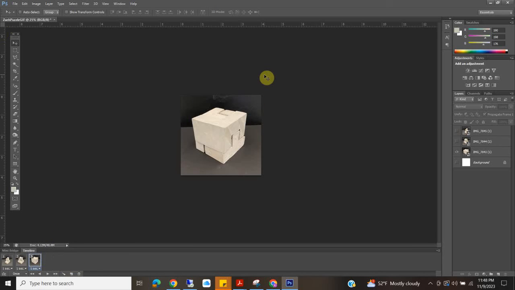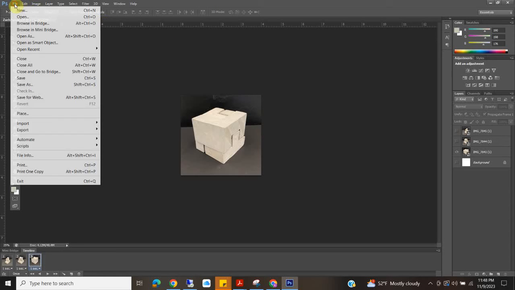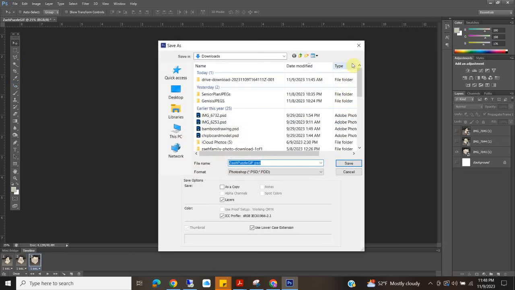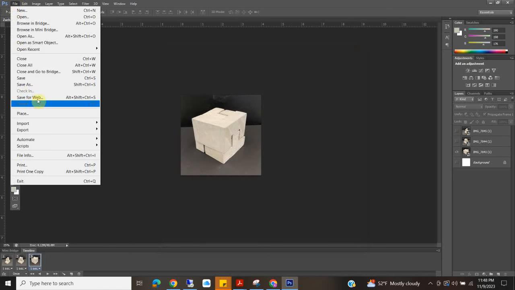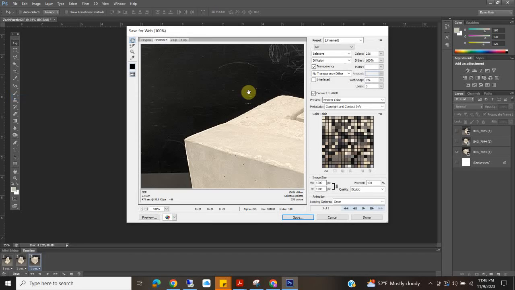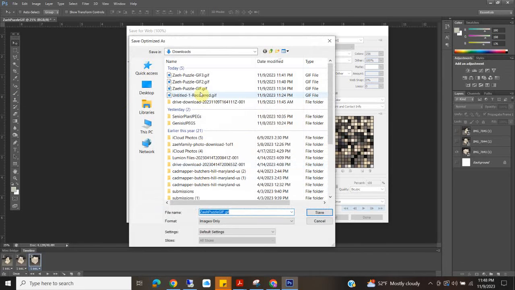And then so for making a GIF, that is it for now. That's very simple. So then all I do is go to File, Save for Web. And then I want to make sure it says GIF up here, hit Save. And then I can save it. So I'm going to call this